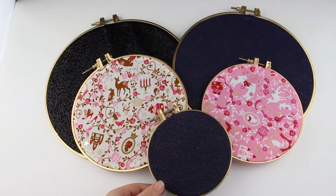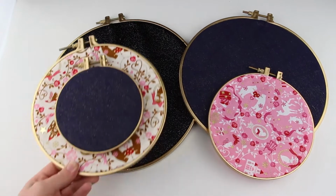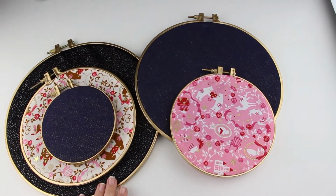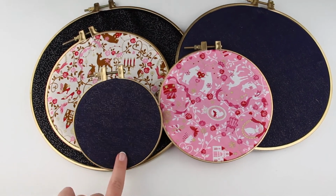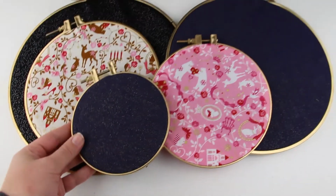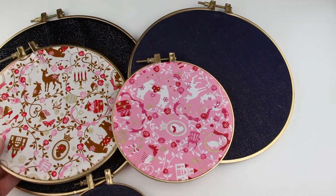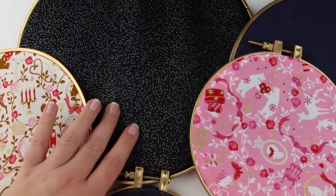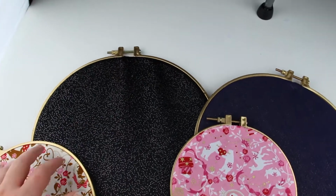I posted a photo on Instagram of my hoops finished, but I didn't show the vlog, so this is what they look like. I used my blue and gold fabric, I don't really know if you can see, on 2 hoops. Those are sort of cute pattern and this one is sort of a glittery pattern, so I've sort of messed up